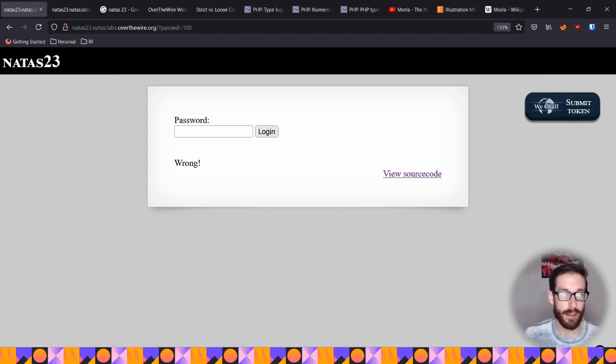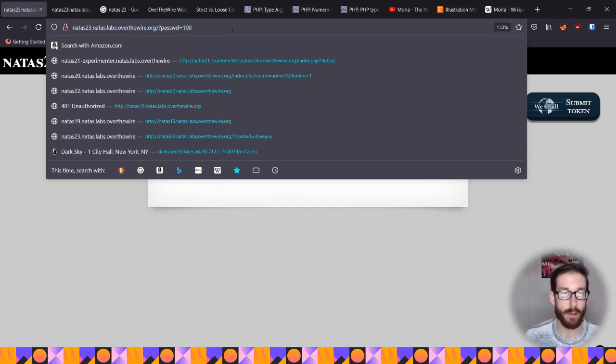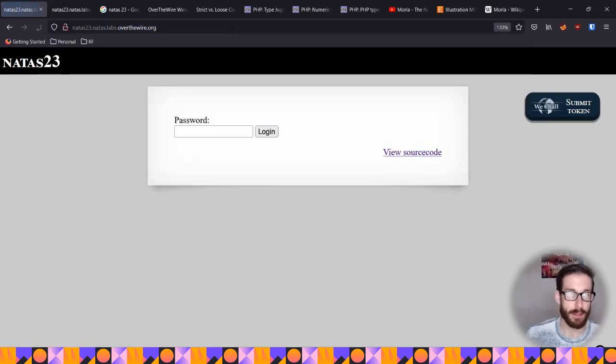So if I refresh this and hopefully get it back to a state where this is what it looks like when you log in. You have a password input field, a login button, and you have your source code, obviously, as usual. So with this setup, as usual, I didn't know what I was doing, and I cheated, but